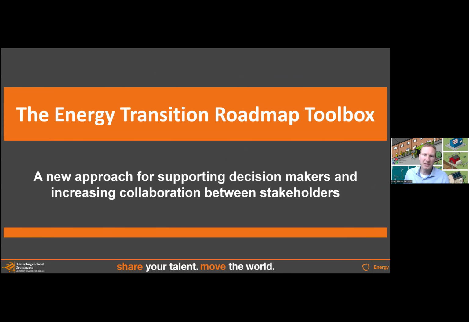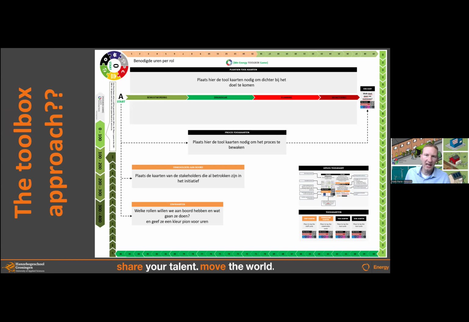And a little bit into that theme, we have what we call the energy transition roadmap, or toolbox. This is what we designed to support this A2 sustainability idea. In this toolbox, we have a process where we can place specific tools, where, for instance, the municipality of Leeuwarden that is facing grid congestion, we look at what their problem is and what kind of tools we can provide them in this chain from A to sustainability, to make them more aware, but also more strongly supported in the planning process.